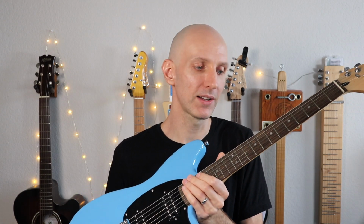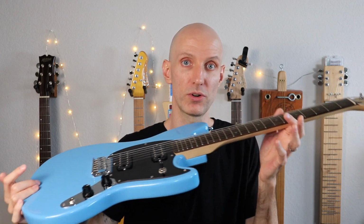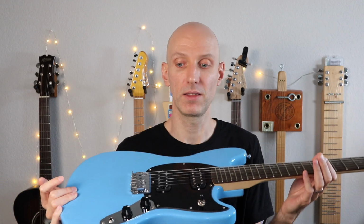It plays well. It sounds good. Another bonus for a budget guitar, right? That's basically what you want. You want a guitar playable out of the box that plays well and it sounds good. This is that. Doesn't mean it's the guitar for you, of course. You might not like the shorter scale length. You might not like the style, the color, all of that. But if that is something you're looking for,